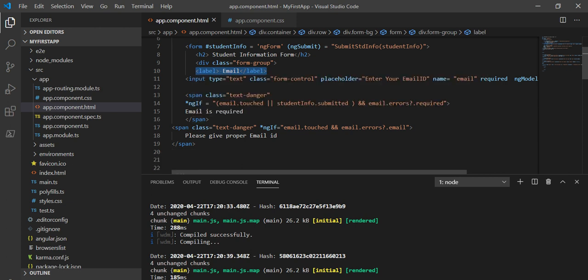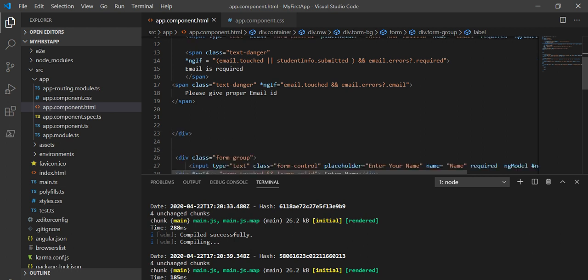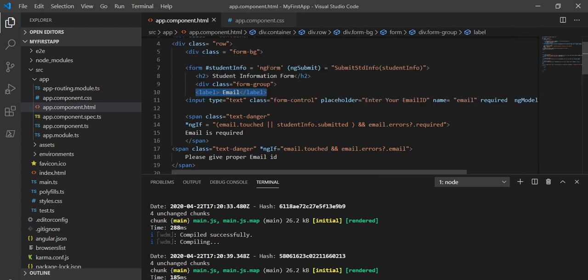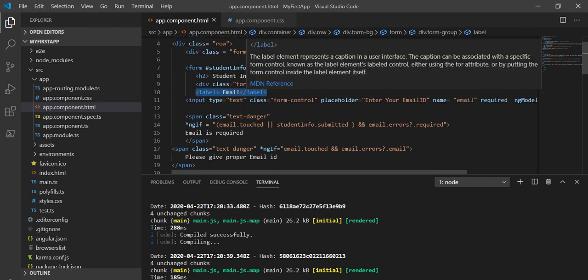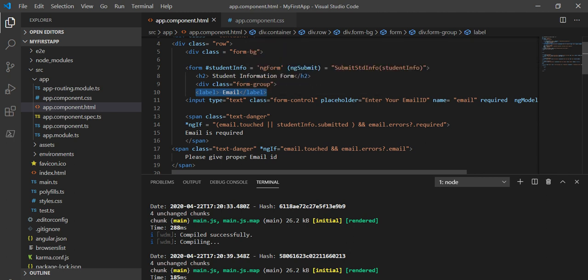Like we can add this validation message as pattern matching also, and we can take a radio button also, and on the radio button also we can manage. So basically this is the way of handling validation on the template driven forms.